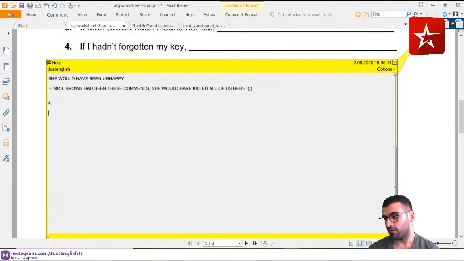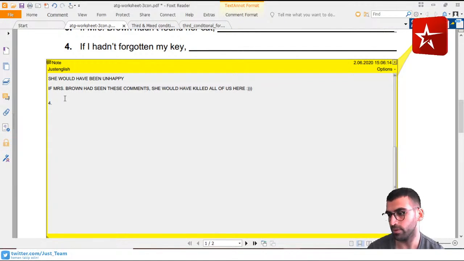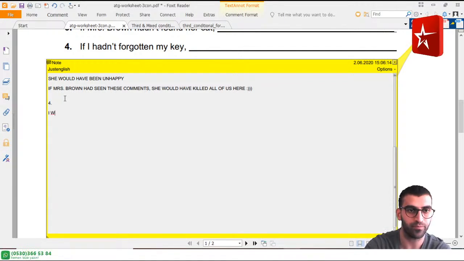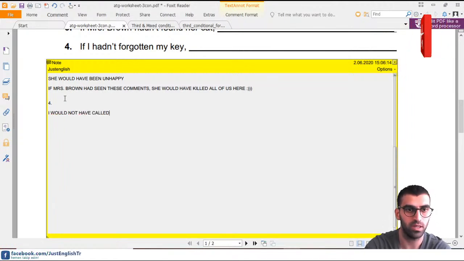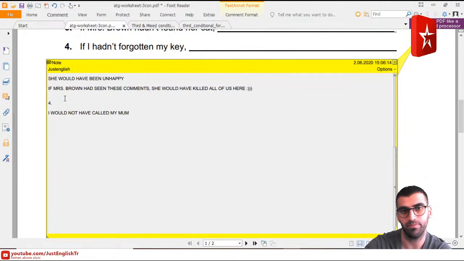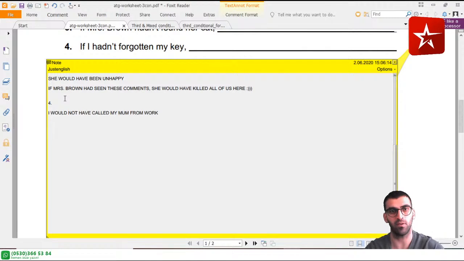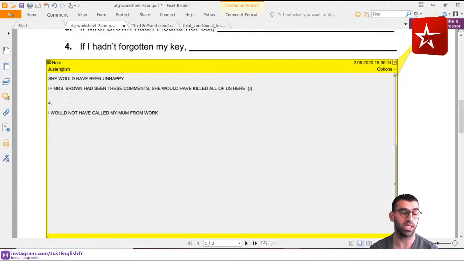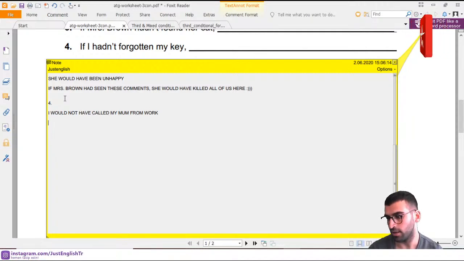Gustavo says, I wouldn't have called my mom from work. I would have called if I hadn't forgotten my key. I wouldn't have called. Yes, I wouldn't have called my mom from work. Gülsafa, you just have to use the past participle form of call. Called. And Nejat Ünlü says, I would have went,